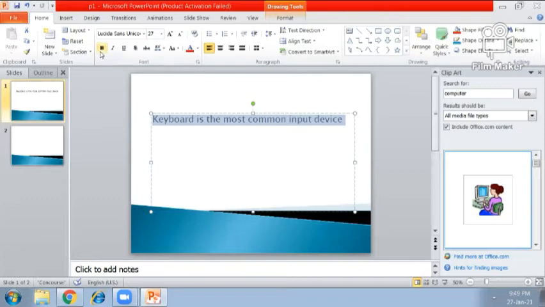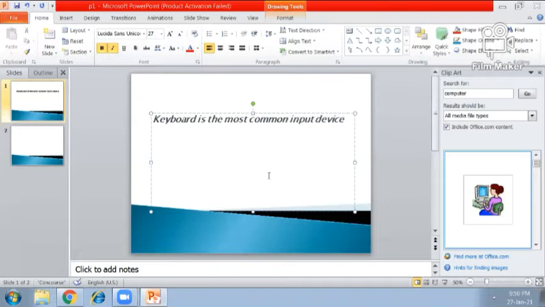Okay, now this is B button. B button is used to bold the selected text as we did in our MS Word. The same thing we will do here. You can see that our text is bold. Okay, again select, italic. Our text is italic, some slant.